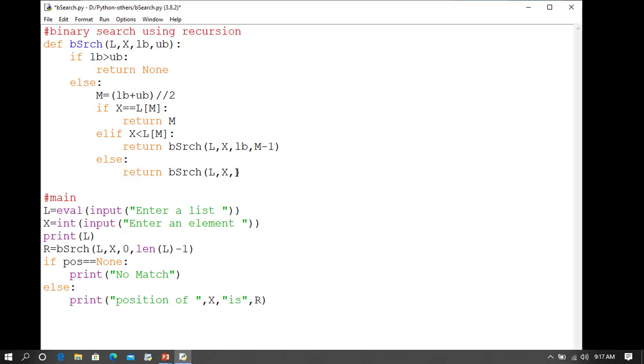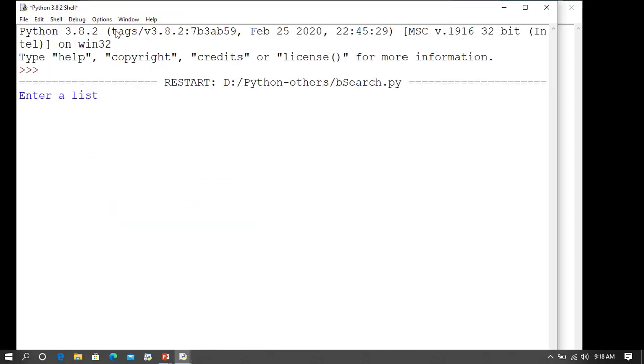Save it and let us run it, check whether there is any error or not. Now an element to search, say 9, so this will continue with the upper half of the list.